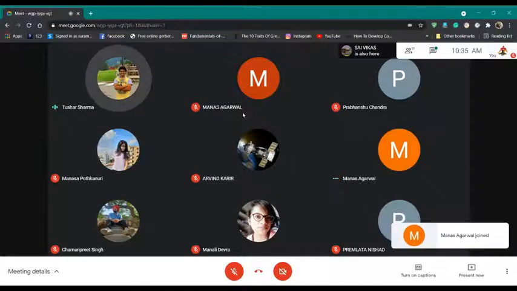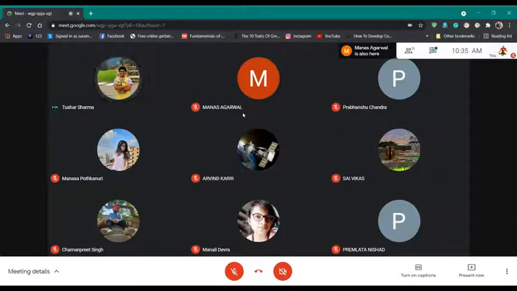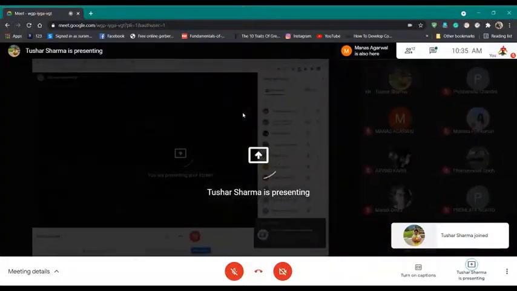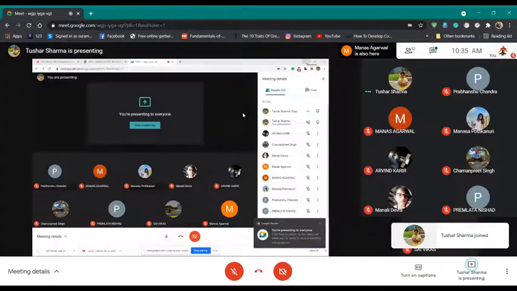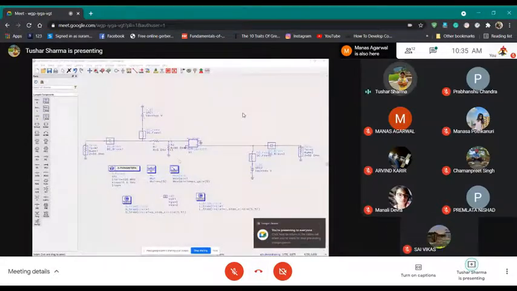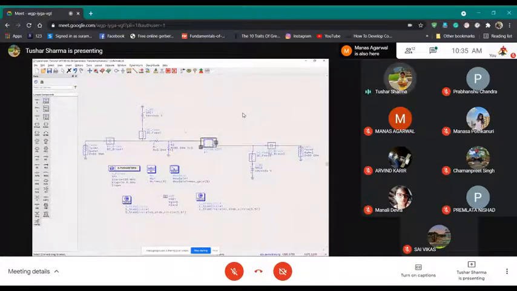So what basically I have done is, just 1 second. So see what I did, I added, as Prabhanshu mentioned, a series resistor, 5 ohms, and a shunt resistor of 90 ohms.